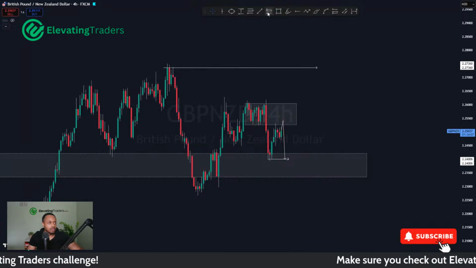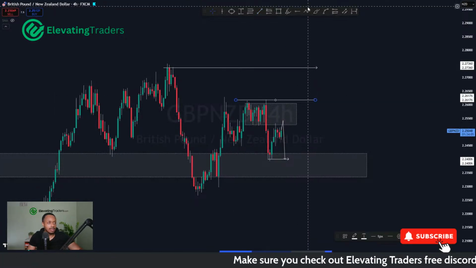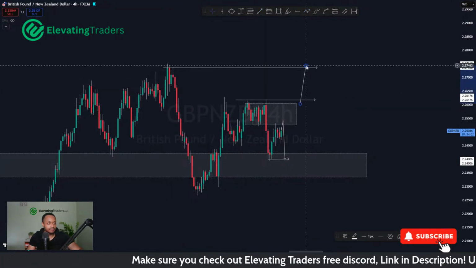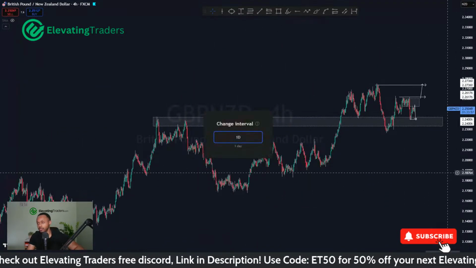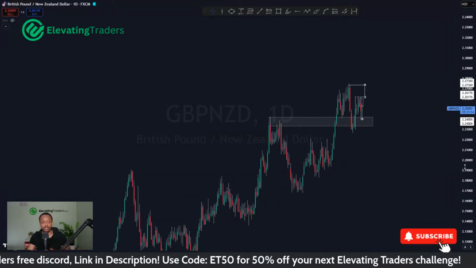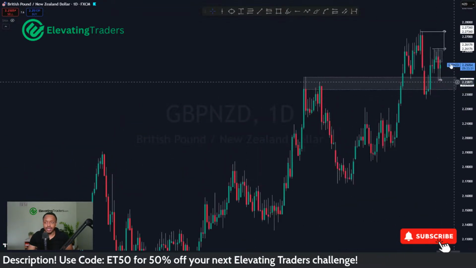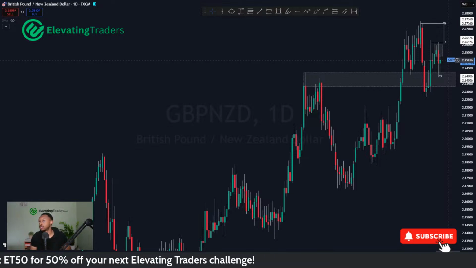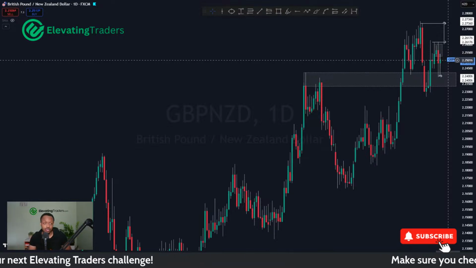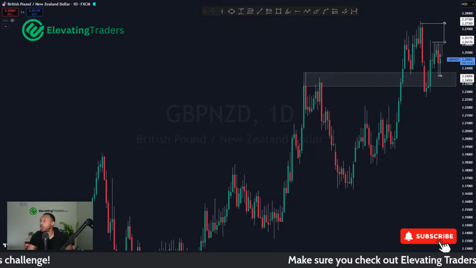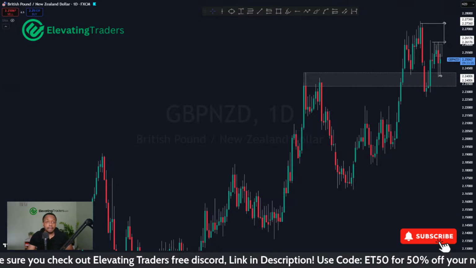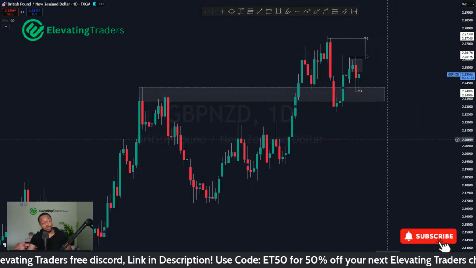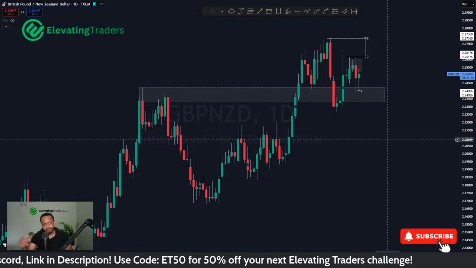If, of course, this level clears, then the expectation will be a push back to the high. And again, let's not forget the overall trend of the market is still very bullish. So if you are taking shorts, you are technically going counter trend, and you don't want to spend too much time going counter trend. The longer you hold a counter trend trade, the more exposed you are to price potentially turning around against you. Most of the time, I want to keep it short and sweet. Of course, sometimes you can be a bit more aggressive, but I'll watch out.